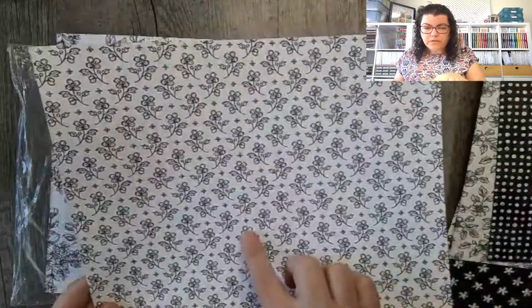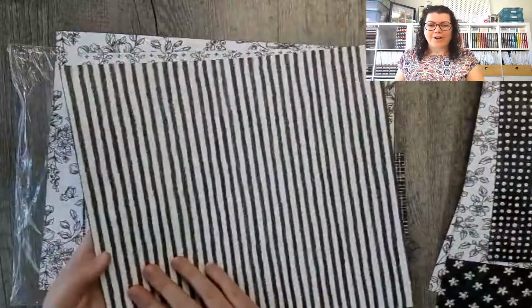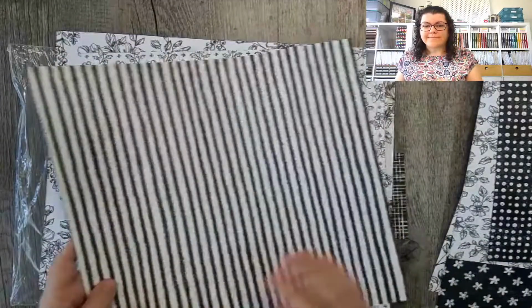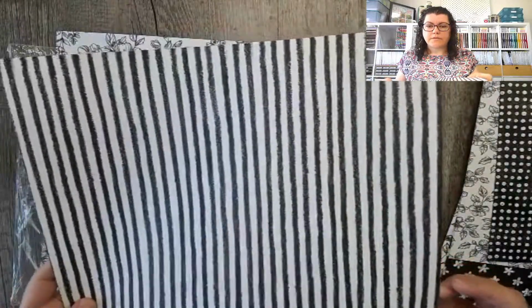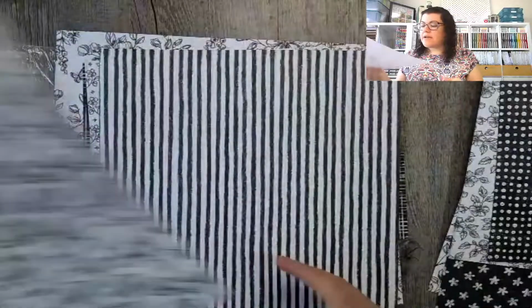These are just beautiful little dainty ones. I actually like these. They're quite pretty. And stripes. Big stripes. Zebra stripes. These are quite pretty. Who doesn't love a stripe? And